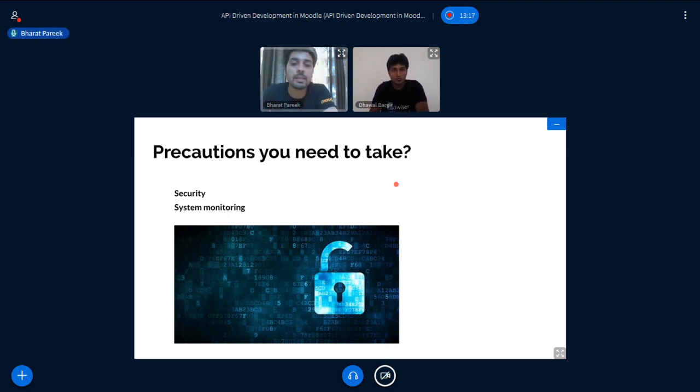The second part is system monitoring. This is again a main part while creating an API gateway. Again, let's take the example of WhatsApp. You send a message to anyone, and instantly the message is sent to the recipient. What if you're sending the message and it is taking 5 to 10 minutes for sending a single message? Then this will obviously disrupt the flow.